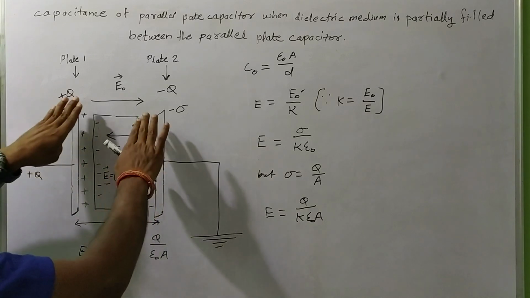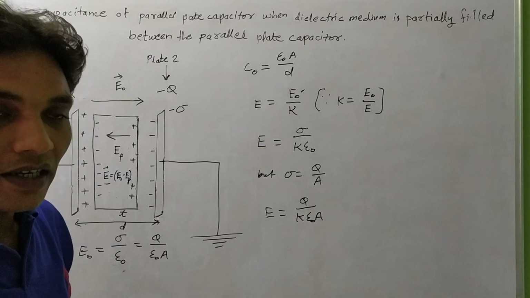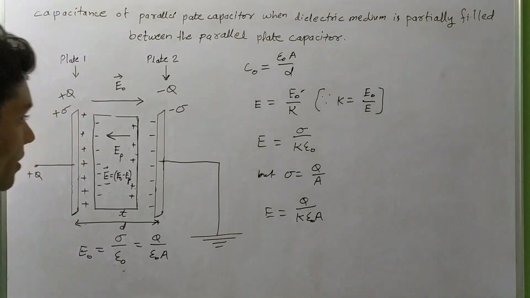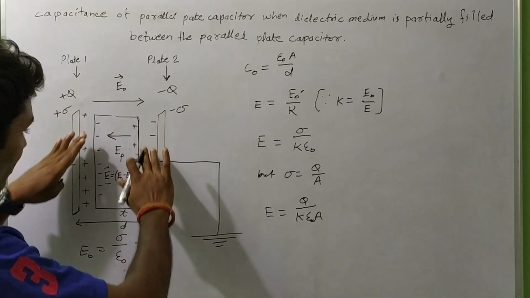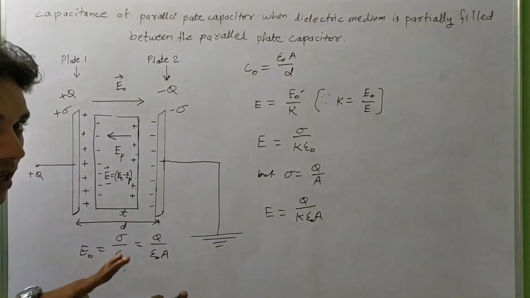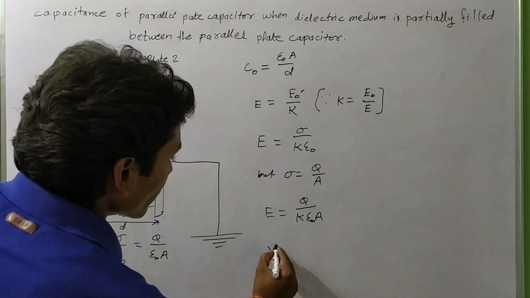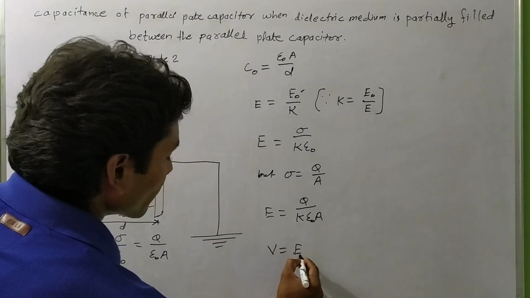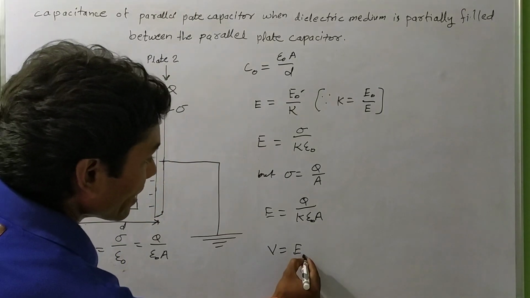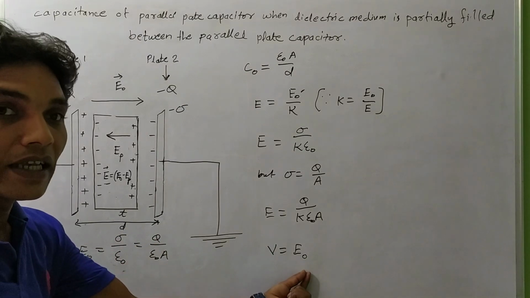So the electric field, or the potential, of these blank places will be V equal to the electric field of the blank places, which is E naught,